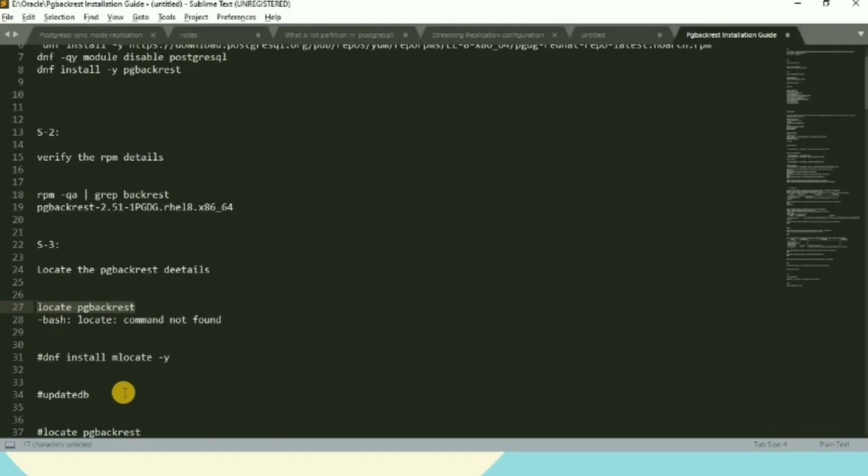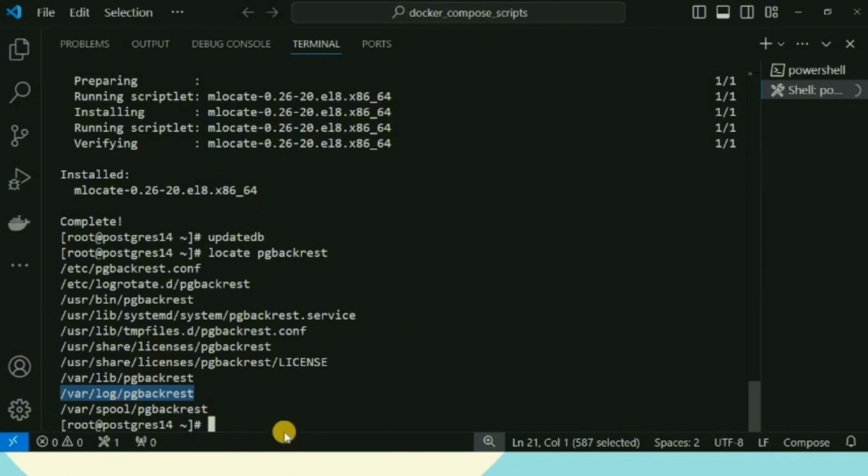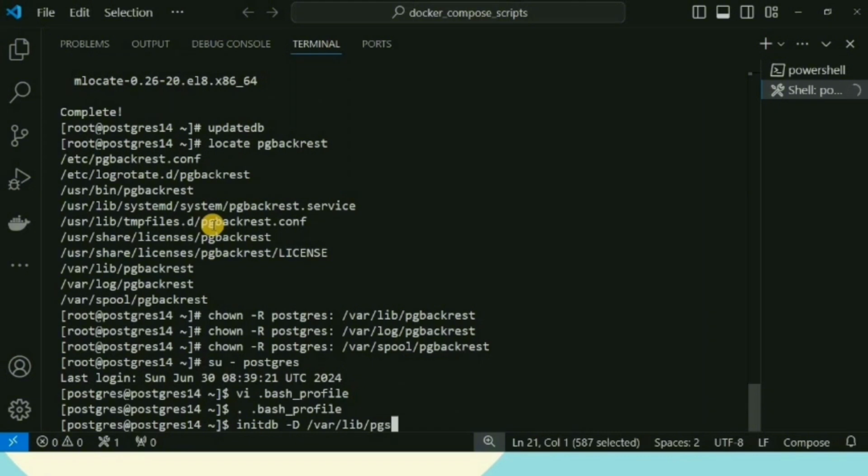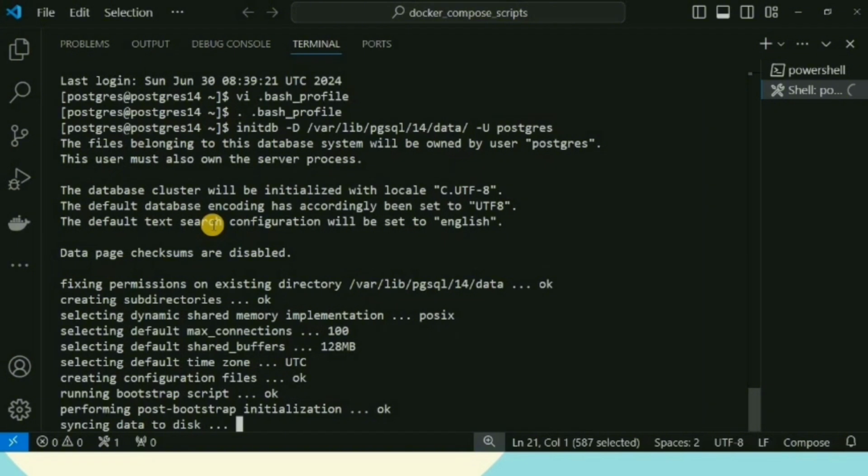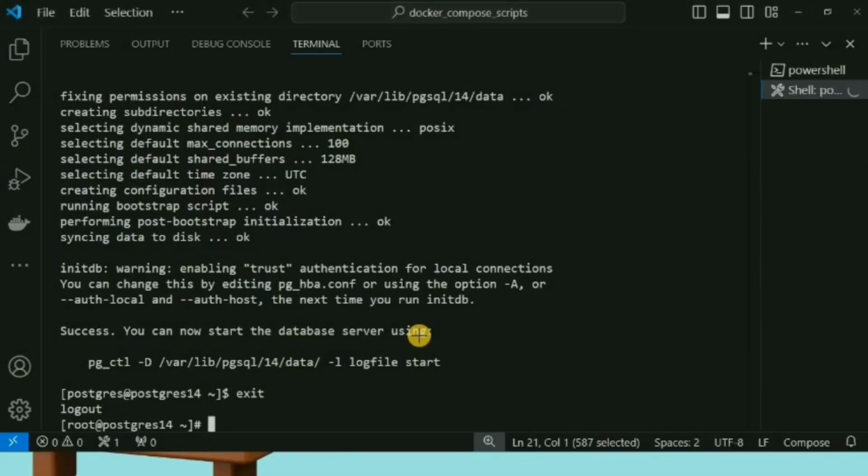So the next step is we have to provide the permission for these three directories. Here I am using Postgres 14, that's why I am giving the postgres user. In case you are using EPAS, you have to provide enterprise DB. So what I am going to do is use the same default configuration